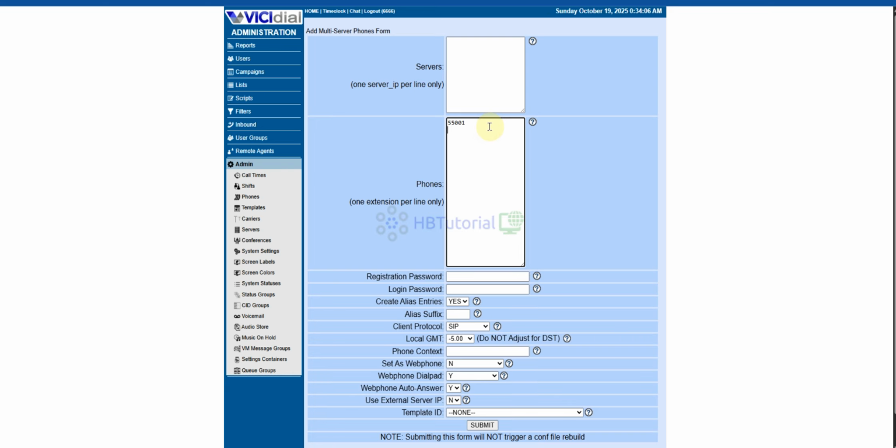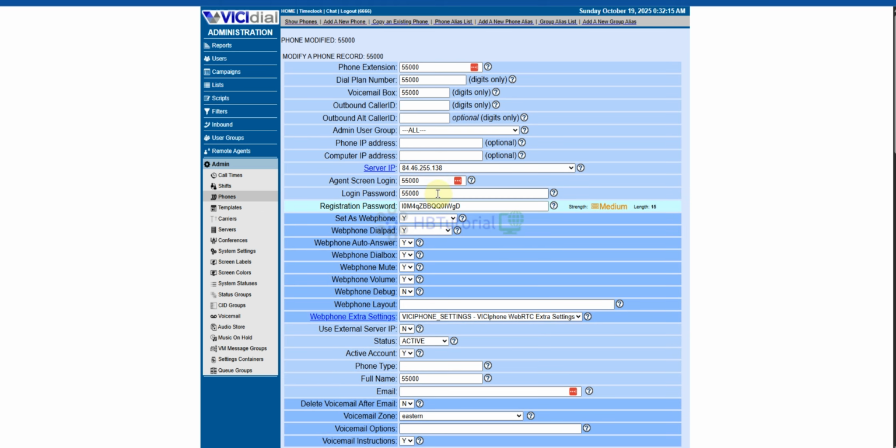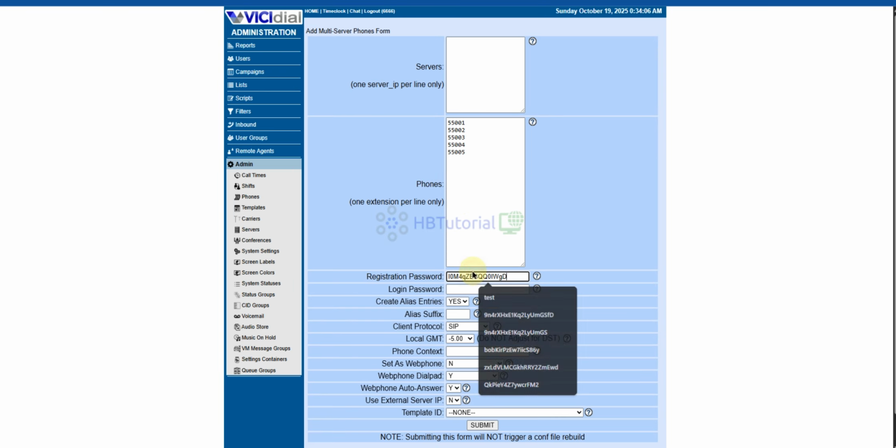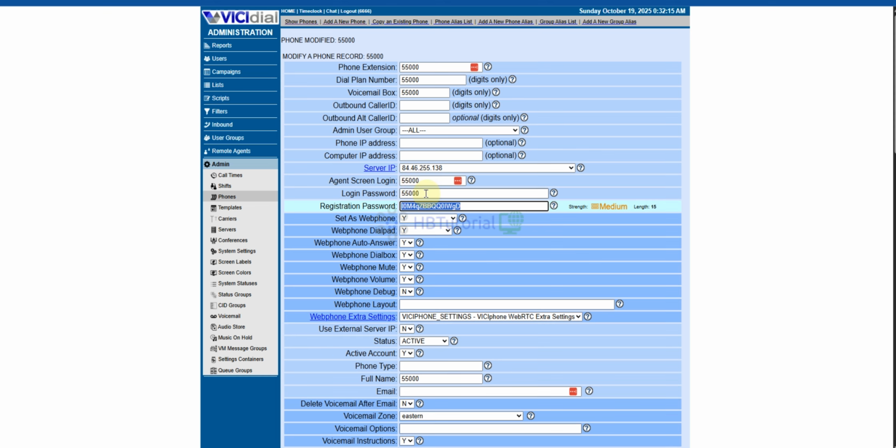If you have 50 or 100, you can create them in a few seconds. For example, I have 5, so I will use my registration password and the login password.